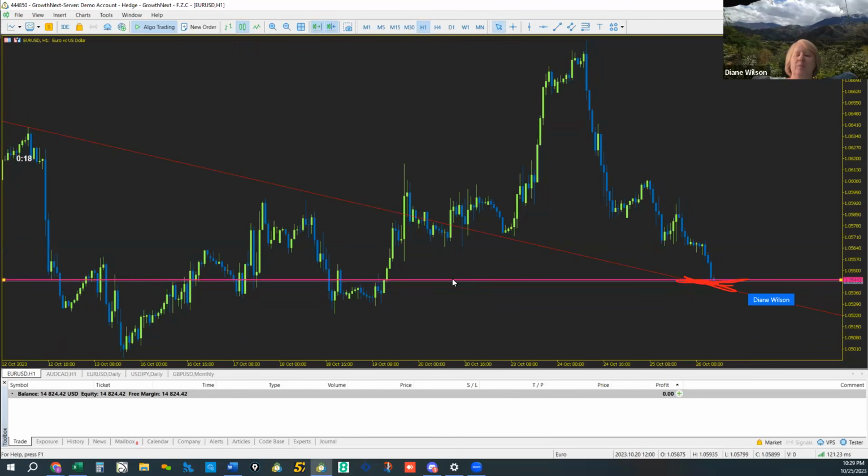In my drawing, it's come back to the trend, so it should bounce there. So it seems like if it doesn't, there's a KPI here that it shouldn't go below that. And then there's another KPI here that it should hold that. So if I wanted to get into buys,